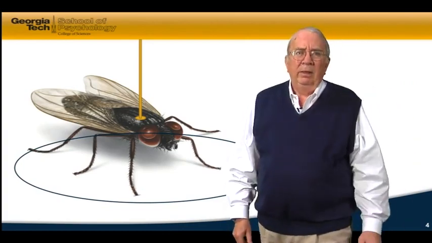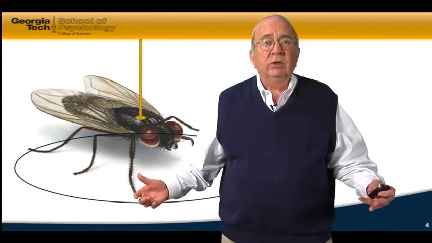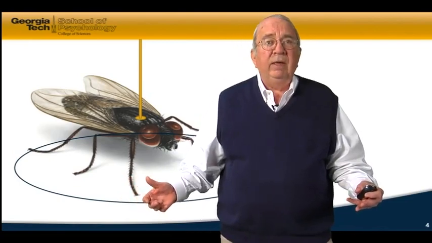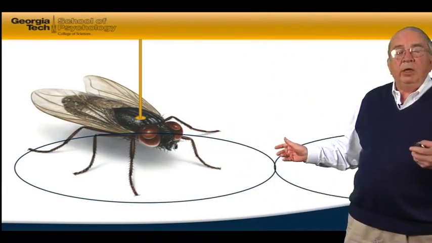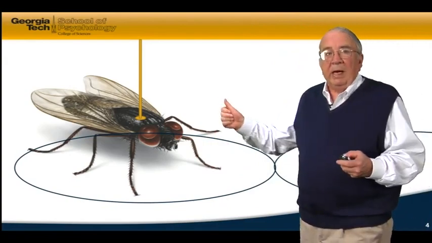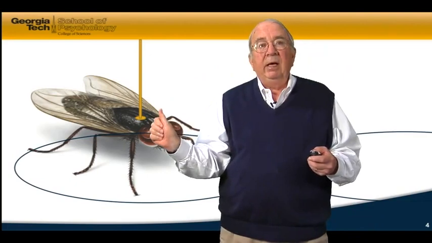You're saying, oh, come on. If I was really hungry and you lowered me over a big bowl of ice cream, I would probably eat too because I could see the ice cream, I could smell it, and all of those sensory cues are important in determining eating behavior. So he did an experiment. He took another bowl that had plain water and moved it very, very close to the sugar water. So I could have the feet in one and the proboscis and the head in the other. So take a hungry fly, we put it so its feet are touching the sugar water, even though its head and proboscis are over plain water,